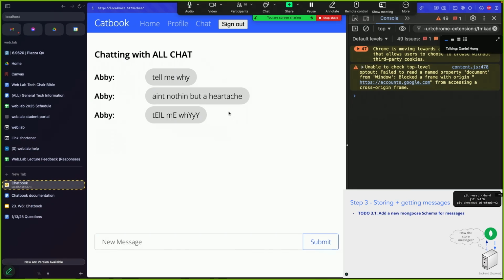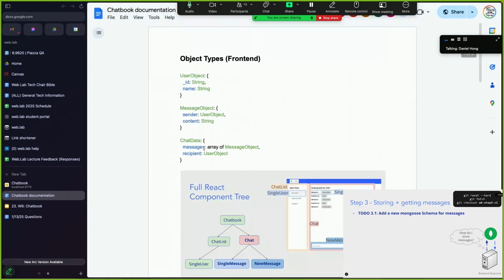So our first step is to add a new Mongoose schema for messages. The backend needs a way to store the messages in the database. And this might not look the exact same as the way that the front end stores messages. Why? Because in the documentation, we can see that the front end only stored sender and content. And we're going to need more than just sender and content if we want to store a message in the database, because